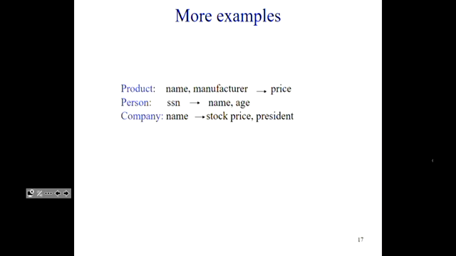so here's an example. All right, so in this case I have a product relation where, for instance, maybe name and manufacturer implies the price. The person relation may have SSN implies the name and the age. A company relation where the company name implies the stock price and the president of the company, right? So these are other examples of functional dependencies, right? So